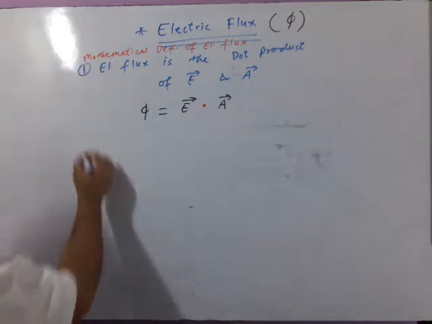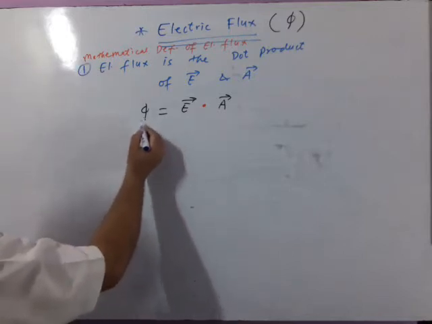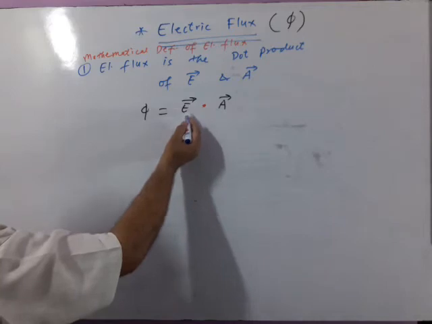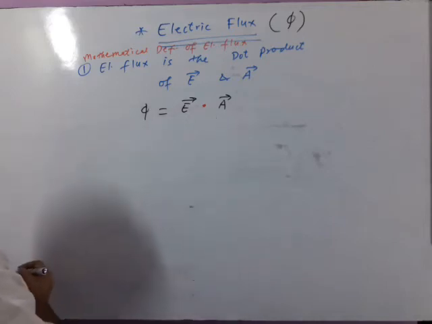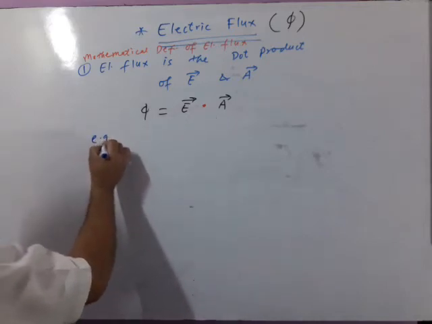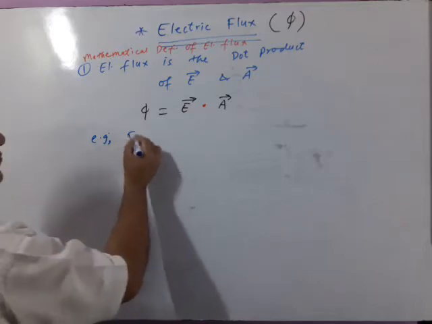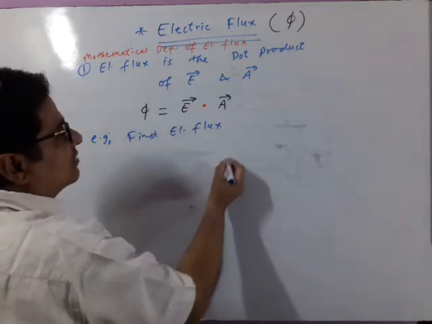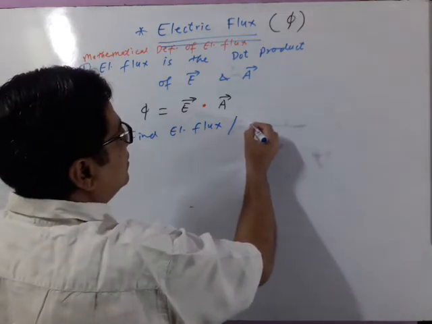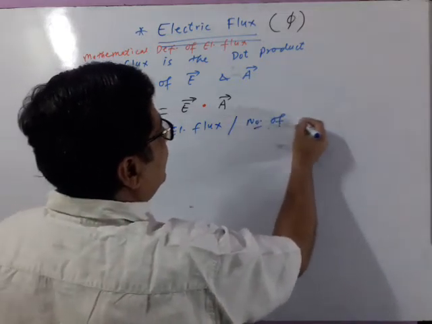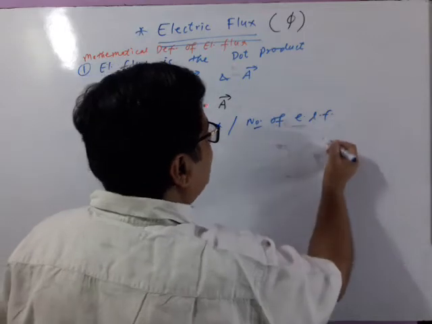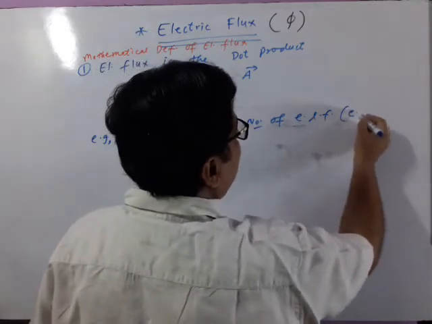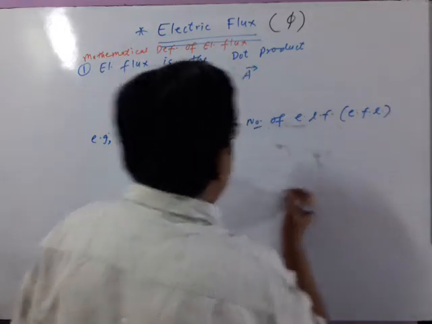This is point number 1. Electric flux is the dot product of E vector and A vector. Focus on this line and see one example. Find electric flux, or find the number of electric lines of force, also called electric field lines,